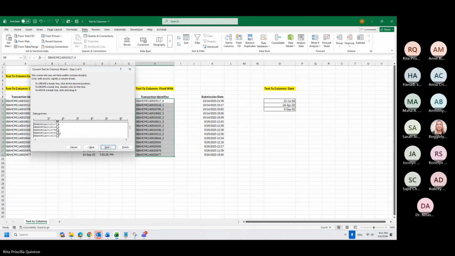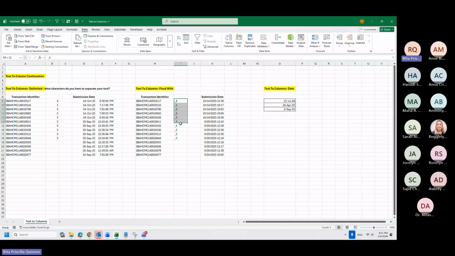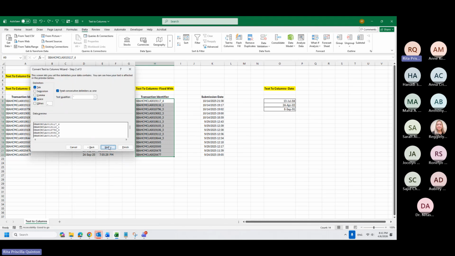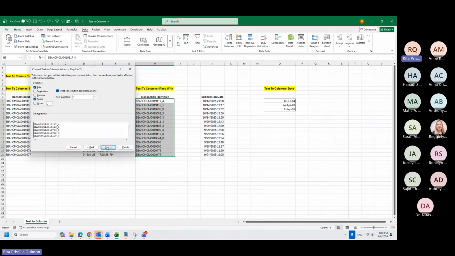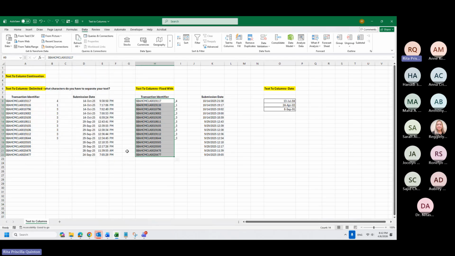For example, for here, I only want this text over here on the left. So again, I will go down just to make sure nothing will be affected. So it will retain for you the underscore. If we do more, for example, fixed width, and I want here and here also, it will give you 3 columns. So you will see the preview over here. So if you do this, meaning it will be 1, 2, 3 columns. Since I only care about this, I will go with that one.